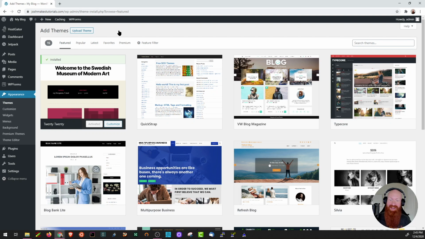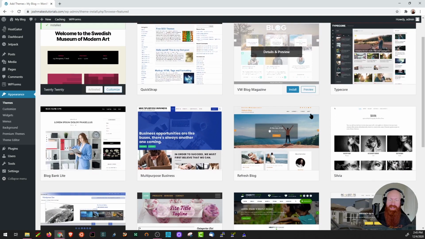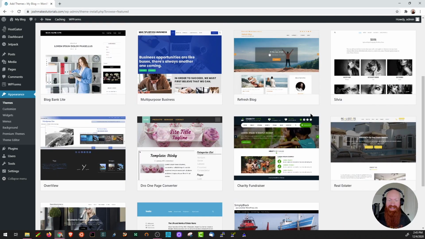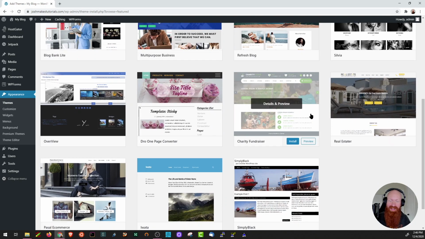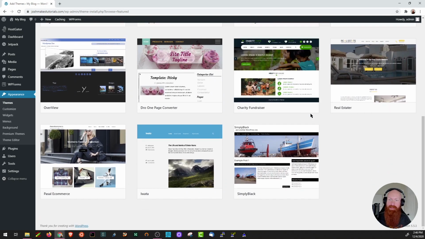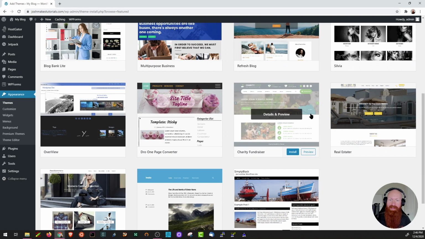Now, there is a ton of stuff here. You have so many different theme options to choose from, and it's not uncommon to feel a little bit lost. Don't get discouraged though, because when you're looking for different themes, the best thing to keep in mind is what your website actually needs. Do you need a sidebar? Are you going to need a built-in forum? It's okay to take as much time as you need here to choose a theme that looks and feels right for your site.